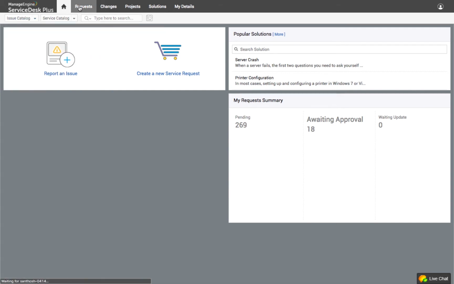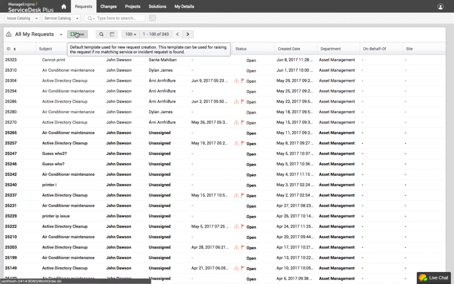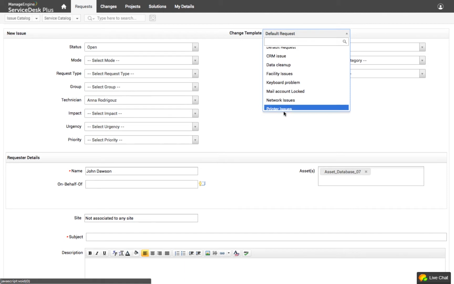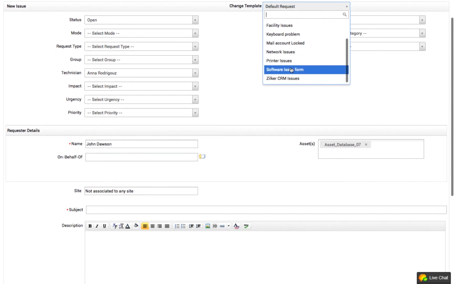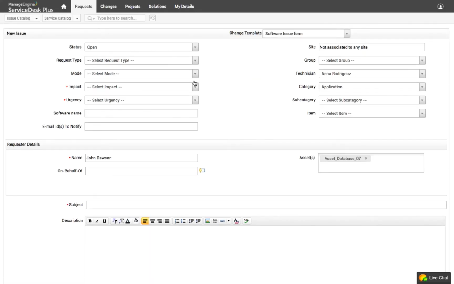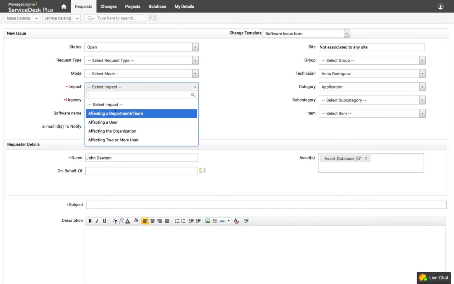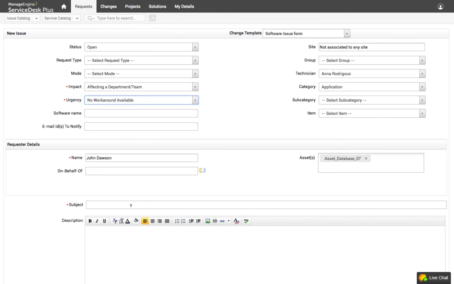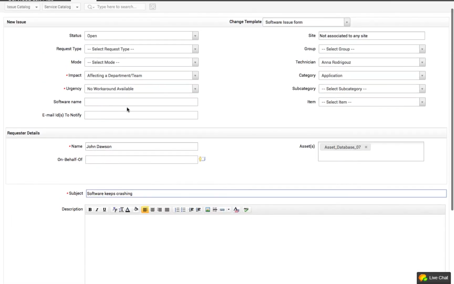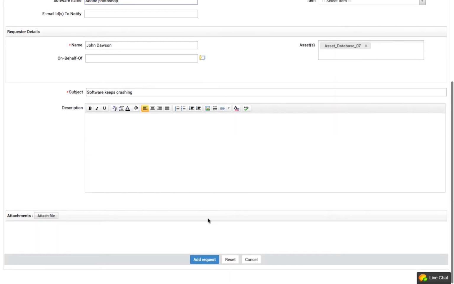Also, when they go into the request tab, they can submit a new ticket, and while doing so, they can choose the new template that's been created. This way, the end user is forced to fill in the impact and urgency as per the template configuration, provide the subject details,